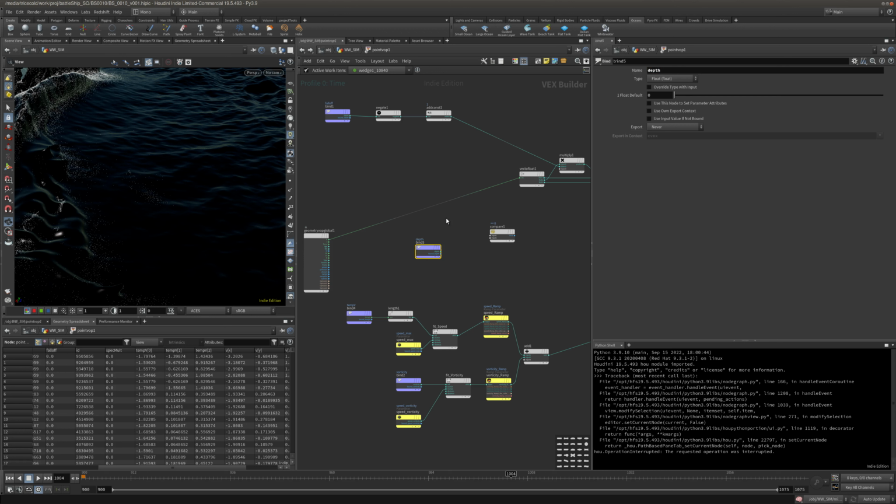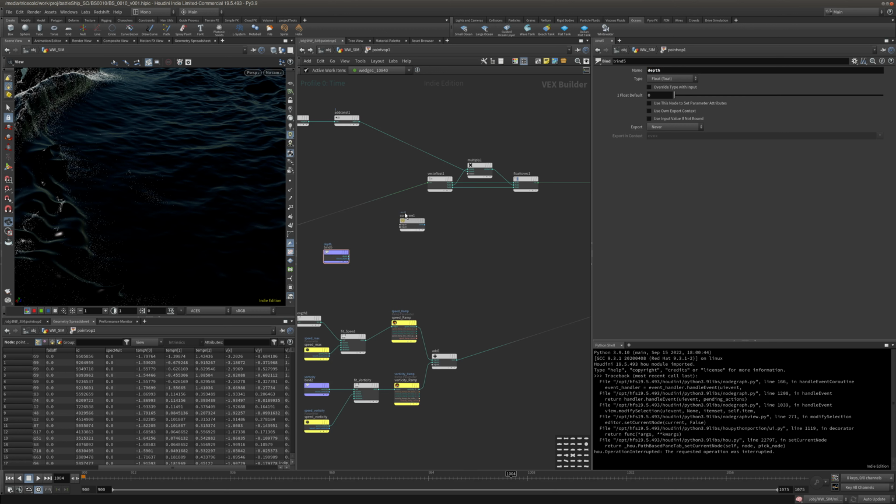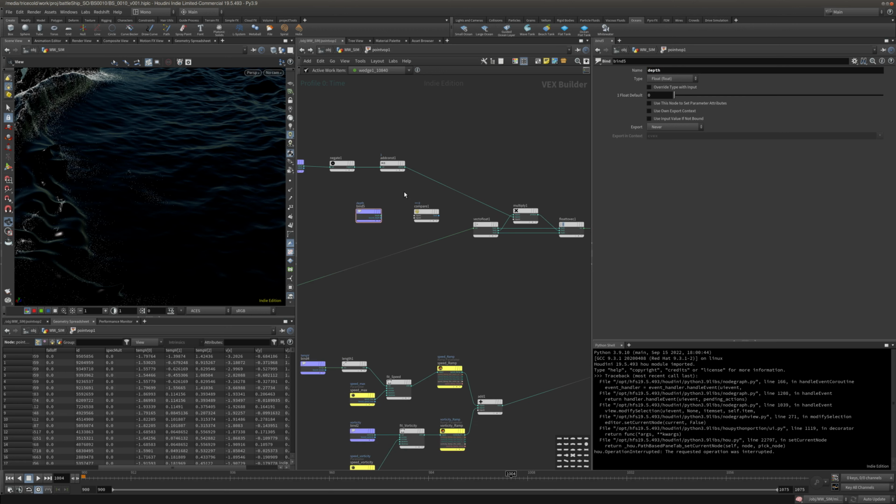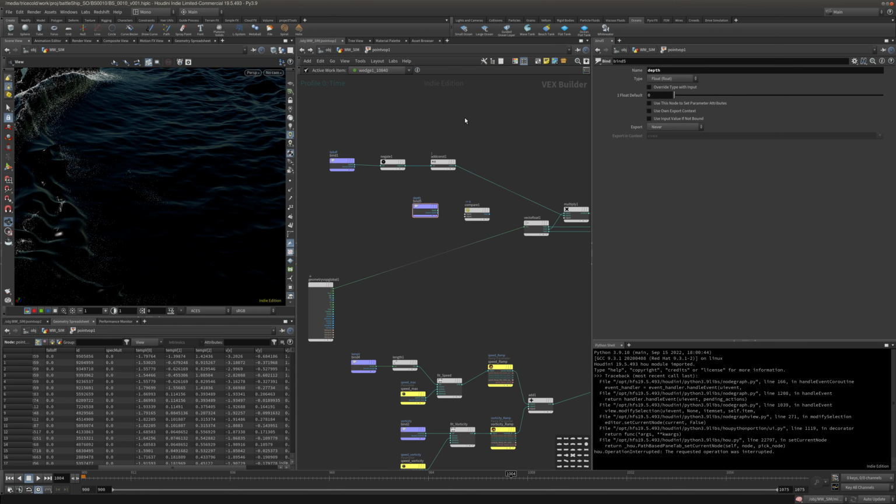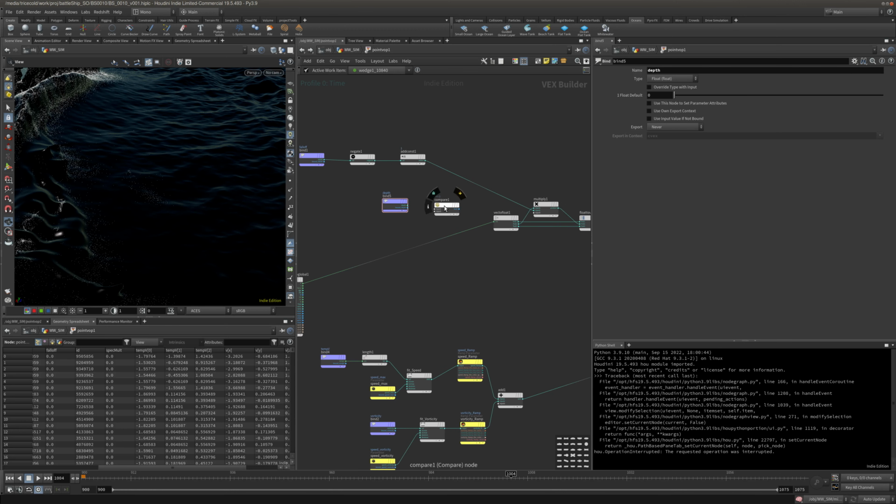Basically, because this is my multiplier, I want this to be 0 if the condition is correct. So I can say depth here, this goes here, that's going to be a multiplier, and then greater than,